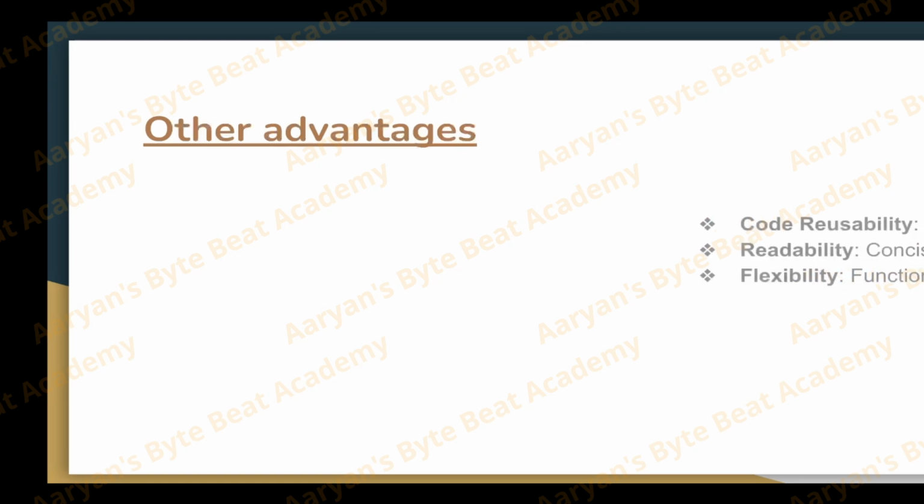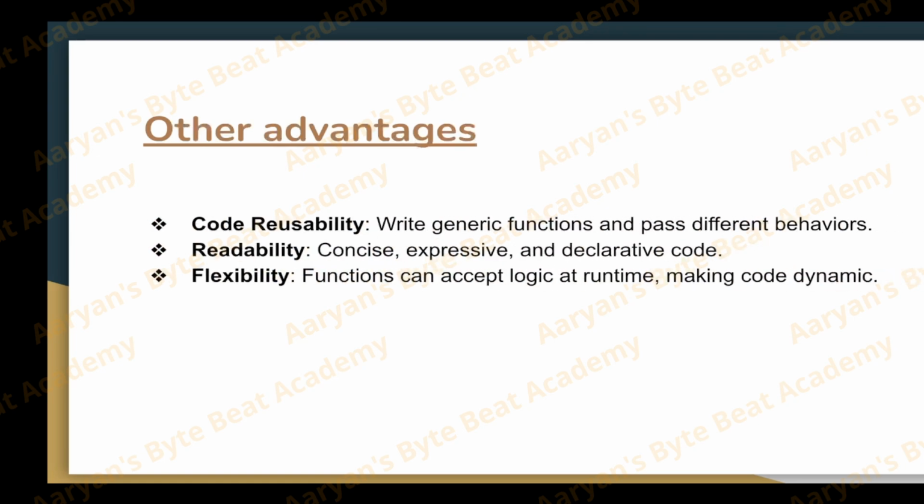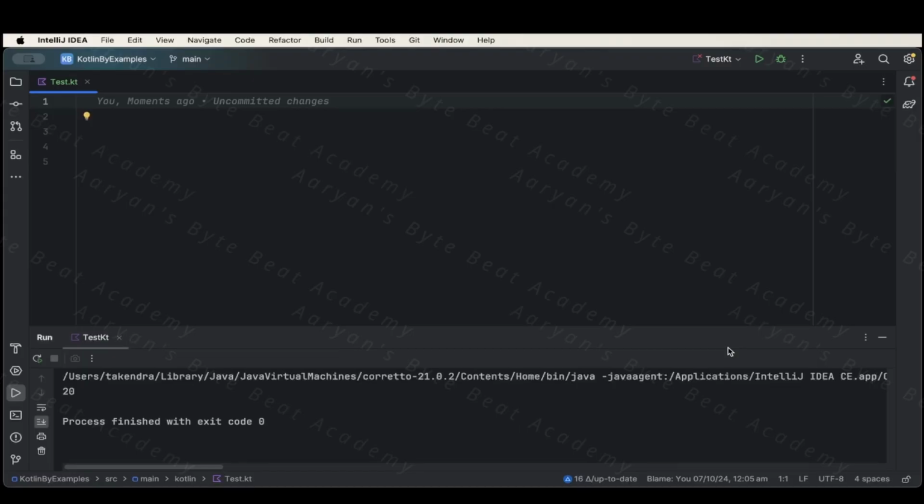What are the other advantages of higher order functions? Code reusability, we saw: write a generic function and pass different behaviors. Readability: yes, definitely it is increasing the readability of your code. It is concise, expressive and declarative code. Then we have the third one, flexibility. Yes, the function that we wrote, operateOnNumbers, was flexible also. That was accepting a logic of addition of the